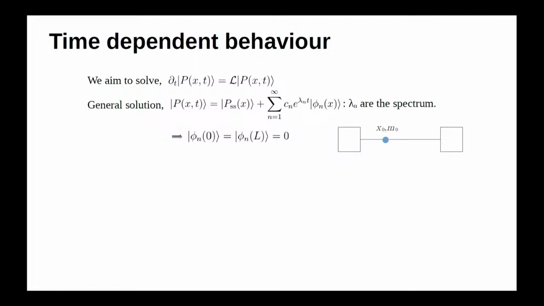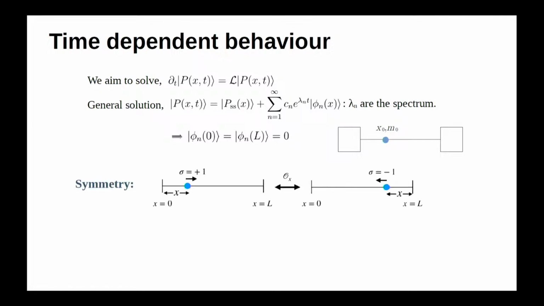However, it is usually not very easy to go through the procedure and solve for the spectrum. Here it turns out that this time dependent part actually solves a both side absorbing boundary problem. So, the problem just reduces to an initial value problem with absorbing boundaries at both ends, and now this is solvable. It turns out that there is a symmetry, like a reflection symmetry. A particle starting here with spin this way and a particle starting here with spin that way are equivalent. So, you can use this symmetry and analytically solve for the spectrum, and it turns out that the spectrum is